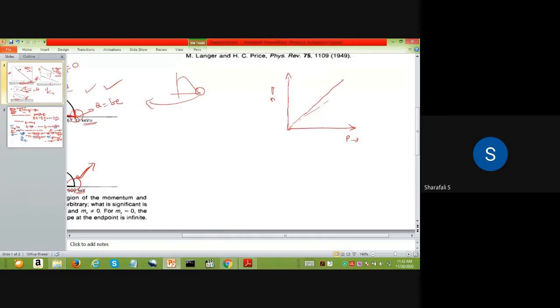And the slope, you can determine the slope and all those things. So I'm not going to that. So it will be like this. It will be a straight line if n equals p. But experimentally, we observed that it follows this straight line for some nuclei which have low mass number. Then after some time, it deviates from this straight line like this. So this is the n equals p curve, where neutron and proton numbers are equal.